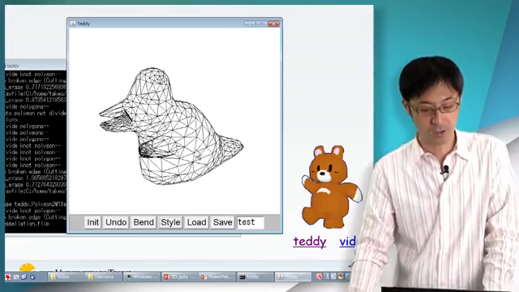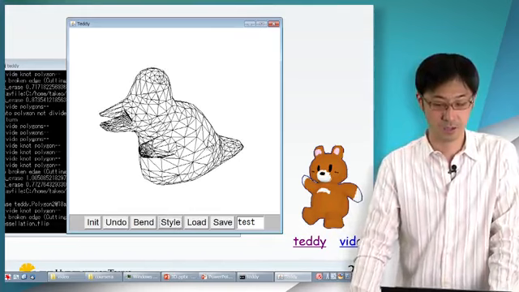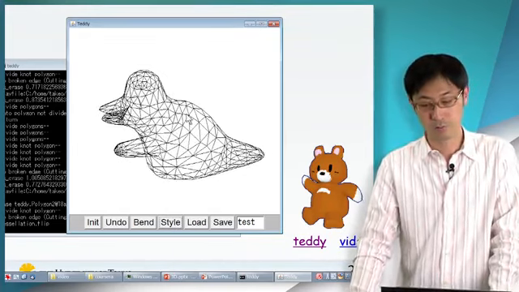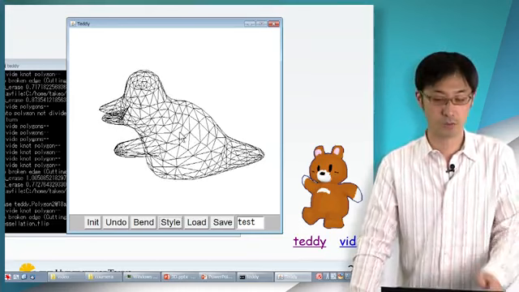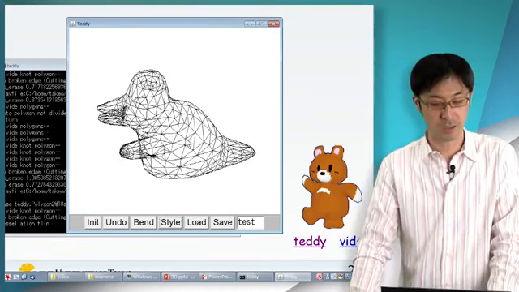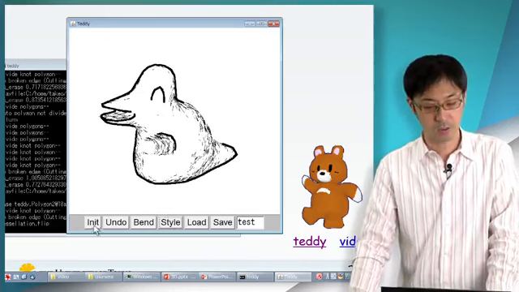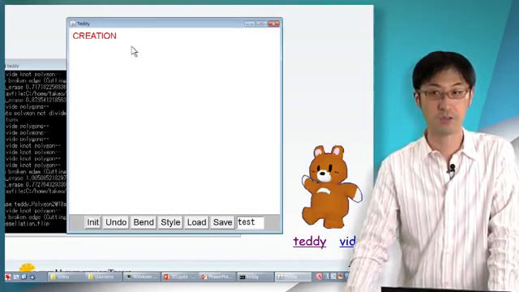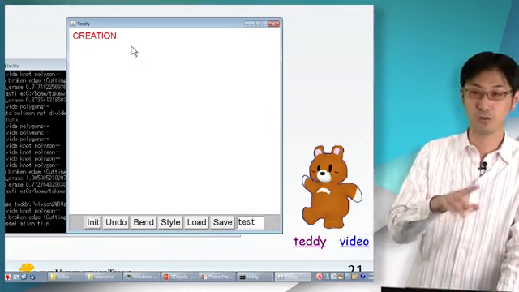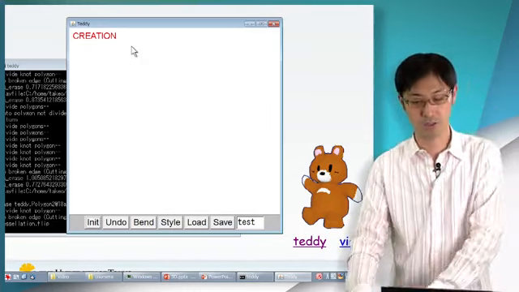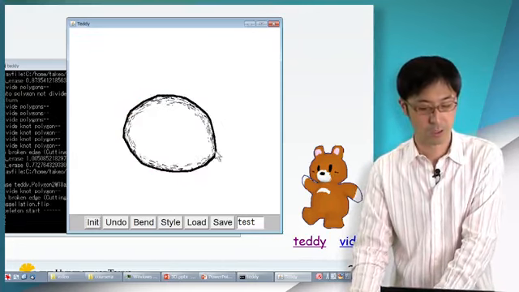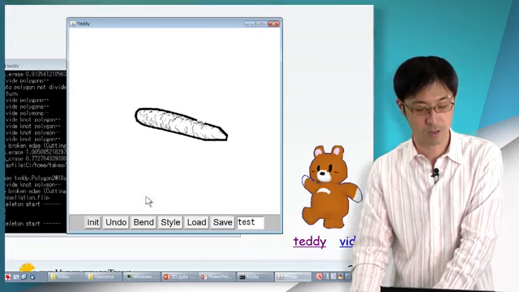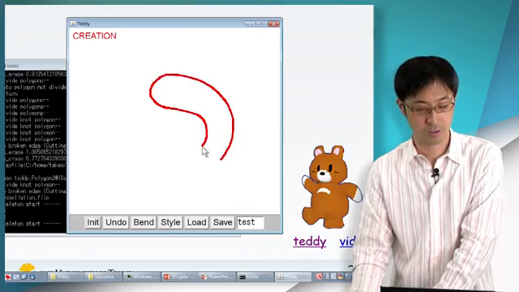And internally, this is a standard 3D object representation. If you use traditional tools, you have to combine many commands, and also you have to manipulate many individual elements. It can be very tedious. Let me describe some individual operations a little bit. The first operation is creation. On the blank canvas, you draw a closed region, and then the system inflates it. If you draw a circle, you get a sphere, and if you draw a long bar, you get a bar, and you can generate this kind of snake shape,